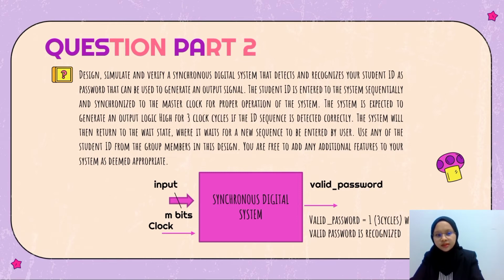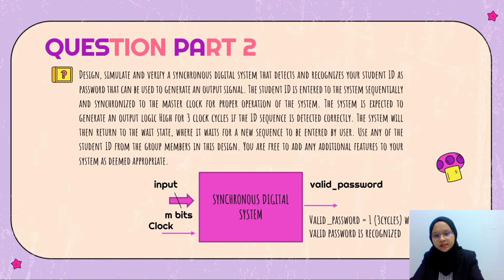For this question, we need to design, simulate and verify a synchronous digital system that detects and recognizes your student ID as a password that can be used to generate an output signal. The student ID is entered into the system sequentially and synchronized to the master clock for proper operation of the system.